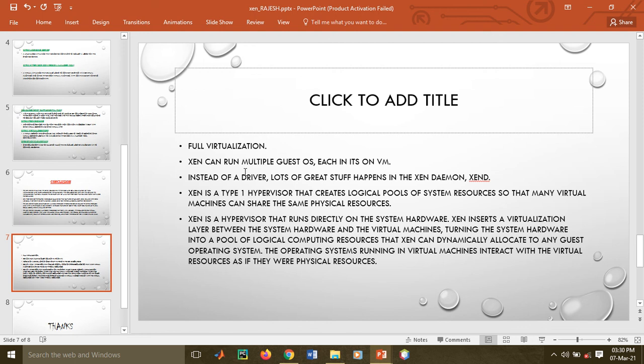In continuation of this, we have discussed the advantages and disadvantages with the introductory part of Xen. Then we have seen why we are using Xen, the different architectures and the installation process. And finally, we saw how to deploy and how to create an instance in Xen. And finally, I am concluding this with their